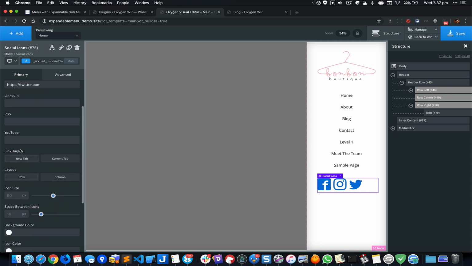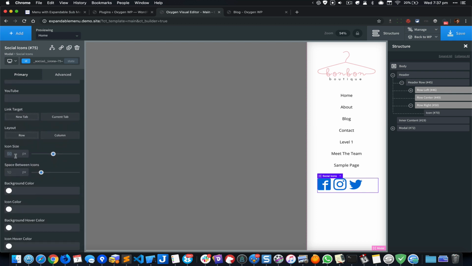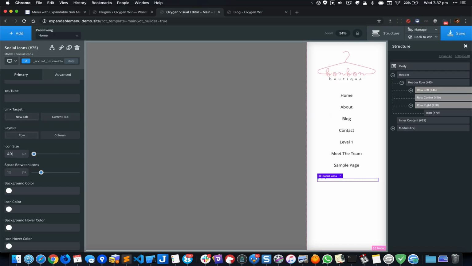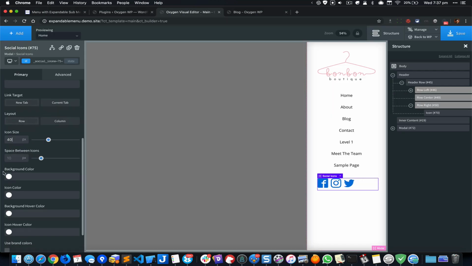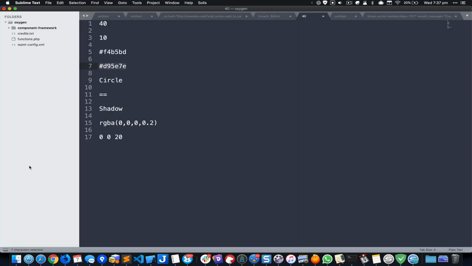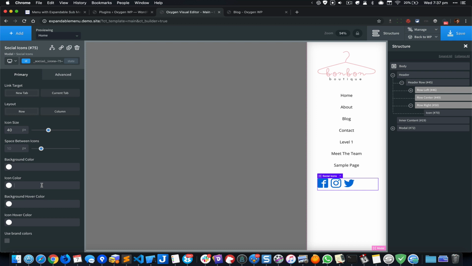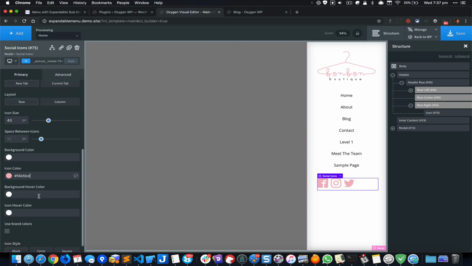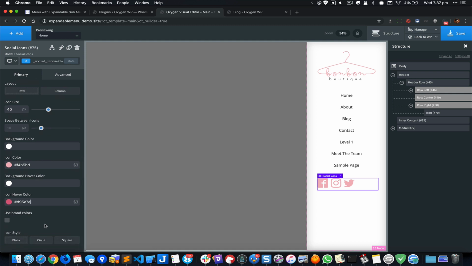And I'm gonna change the size to 40 pixels and set the icon color to light pink, and when they're hovered we'll change that to dark pink, like that. Okay, and let's select circle,